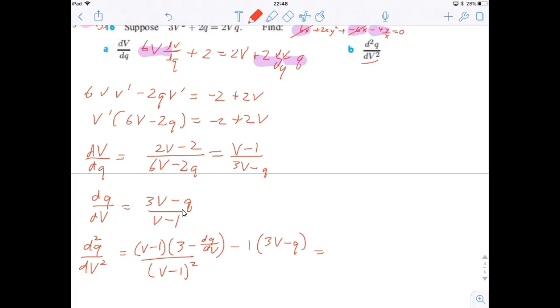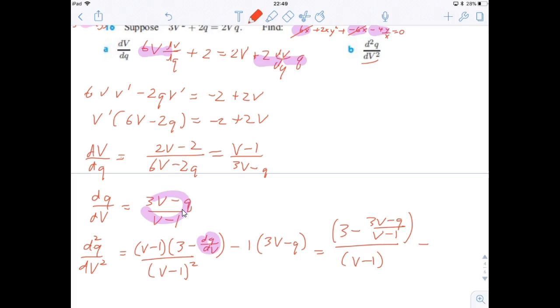So for the first term, one thing we can do is replace dq/dv with what we found. So then we'll have v minus 1 on the denominator, and on top we'll have 3 minus (3v minus q) divided by (v minus 1). And then on the right term we'll have